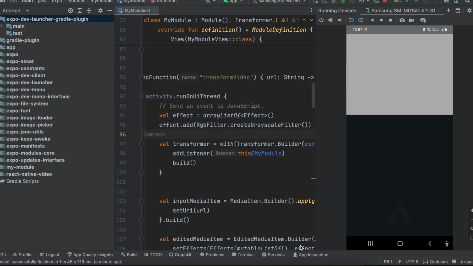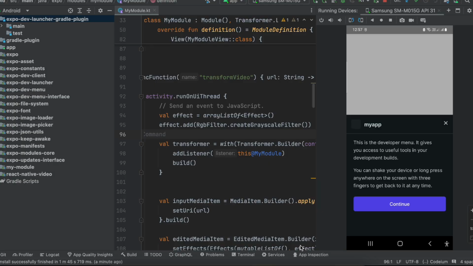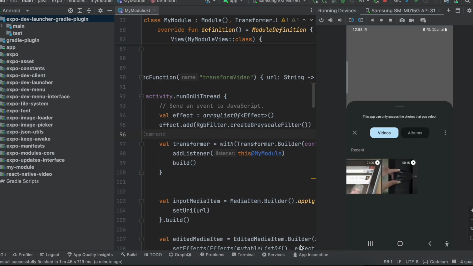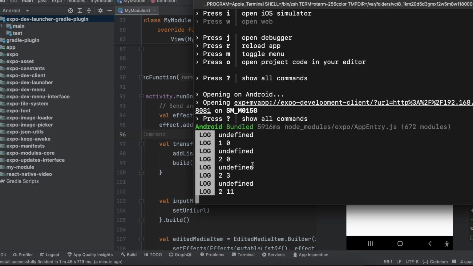Okay guys, so here is the output. Now I'm mirroring my device, so the output is a little laggy, but if you test it on your real device, it would be pretty smooth. I'll just dismiss this. I have this pick video button. If I click on it, it is showing two videos in my library, right? So once the transformation has been done, it will store the video inside the user's external storage as well. So I'll just select this 15-second long video, and if I show you my Metro bundler, here you can see